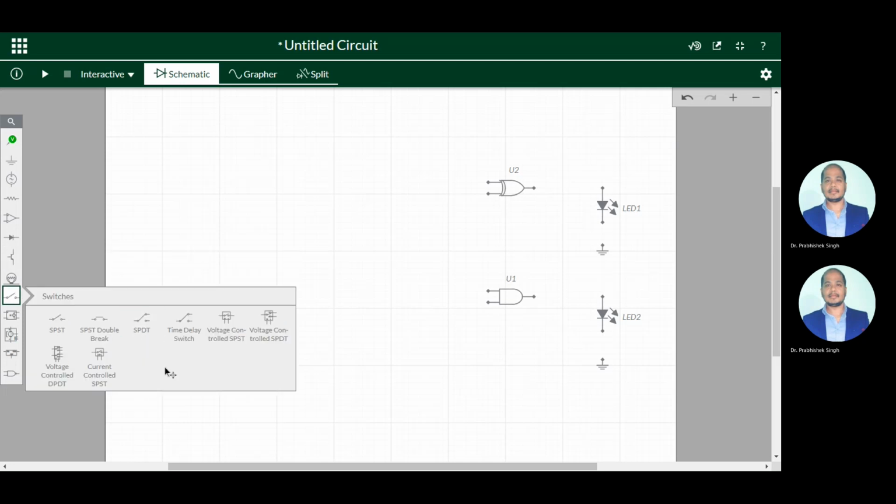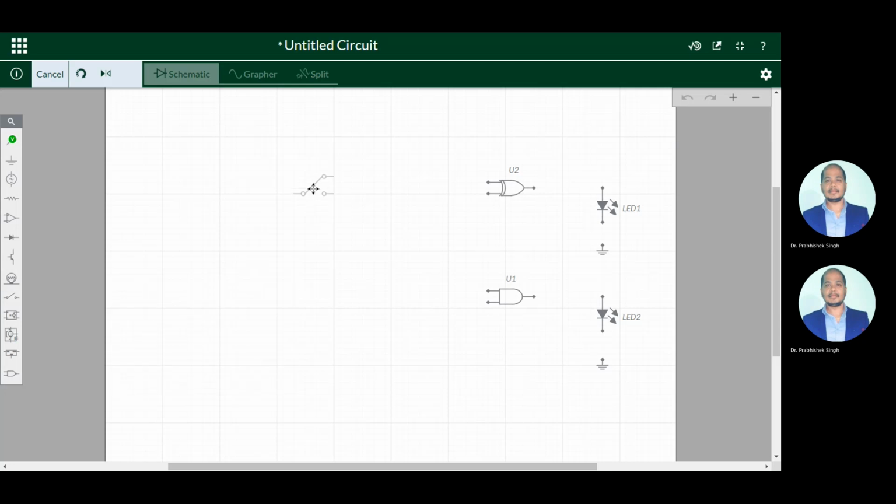This is a switch, SPDT. Always remember, for input you have to take this SPDT switch. I have taken the switch and mirrored it, because we want to give one to ground and one to DC voltage. So this is one input and this is another input.